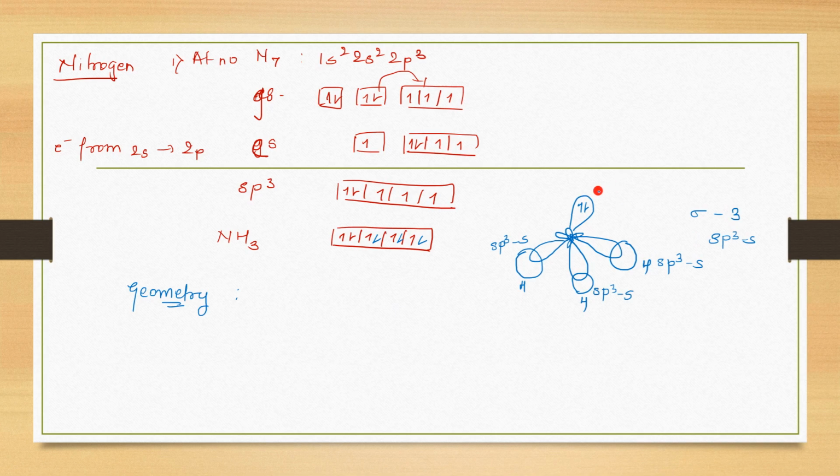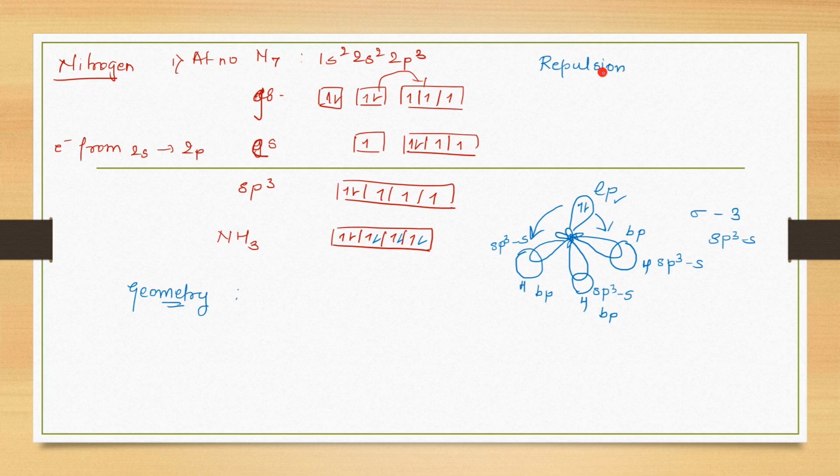Now because this is a lone pair of electrons and these are bond pairs, wherever bond formation is taking place, this is called a bond pair of electrons, and this pair of electrons in the orbital is your lone pair of electrons. Now what happens is the lone pair of electrons is very big in size. The orbital is larger in size. It occupies space. So it pushes these orbitals away from itself, because now there is repulsion.